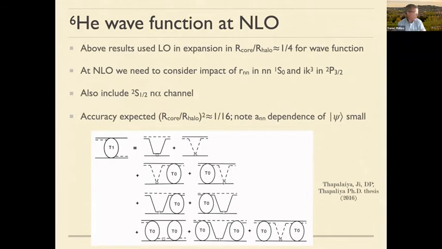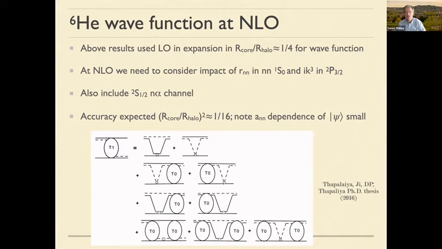And then the other thing is that while this leading order halo EFT wave function for helium-6 indeed encompasses the results of phenomenological wave functions, we would like to do better. There are results on an NLO calculation of helium-6 produced by my student Arben Tapalia a few years ago. And Matthias, Hans Werner and I are interested in collaborating on implementing these corrections at NLO in the calculation of the FSI spectrum, to assure ourselves that below 1 MeV relative neutron energy, things really are accurate enough with respect to the wave function.